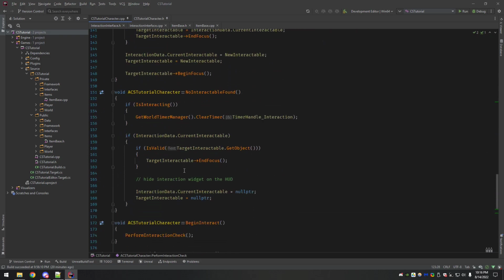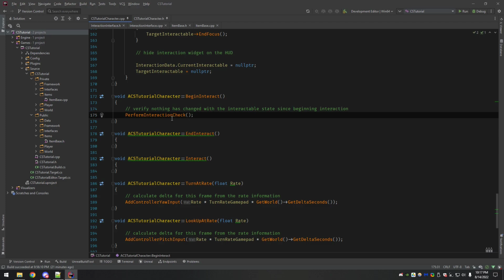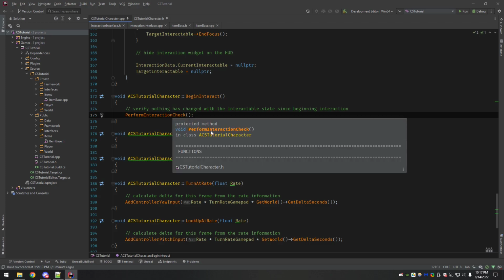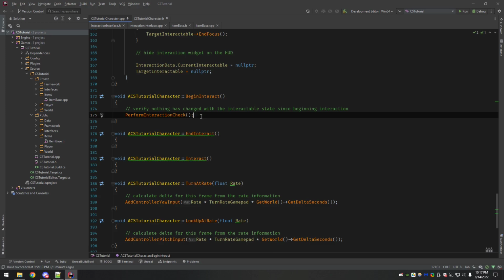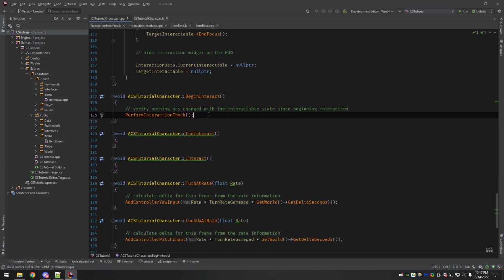So it's a quick check to verify nothing has changed with the interactable state since beginning interaction. Like I said, it's just a fail-safe. It doesn't really make sense that this would happen, but if somehow it did, then this would catch it and we'd go back in the process.